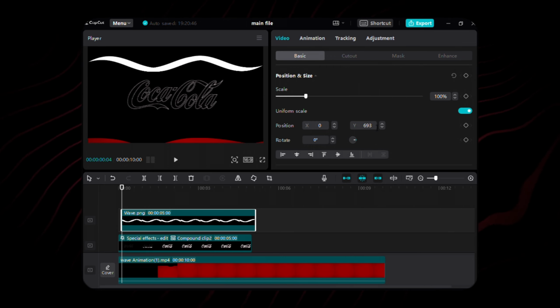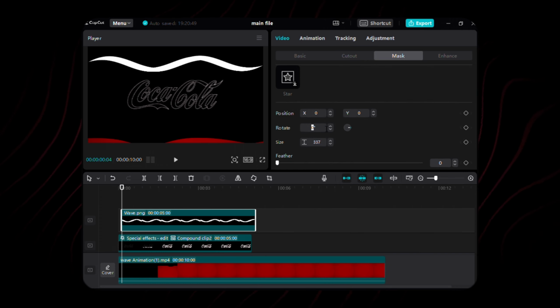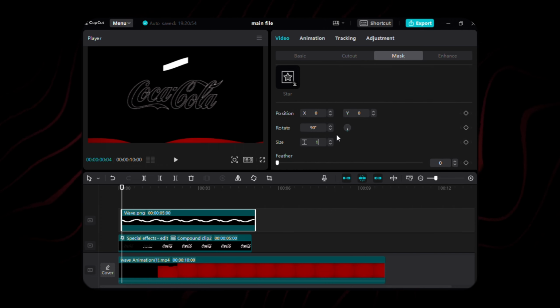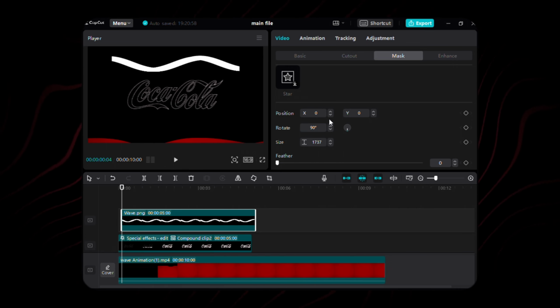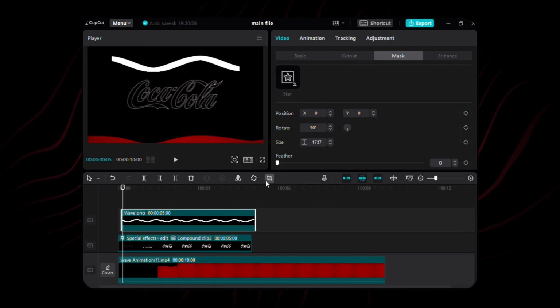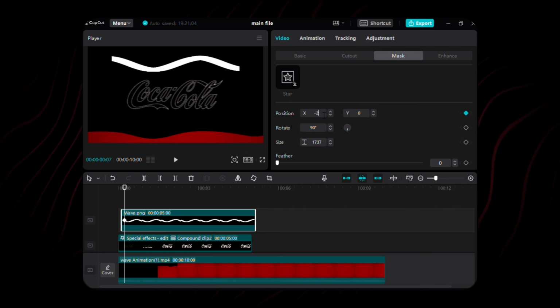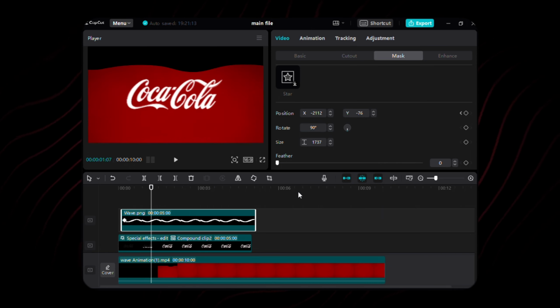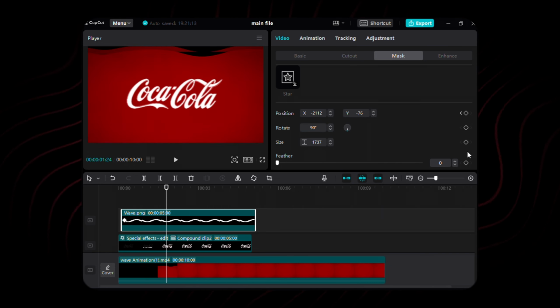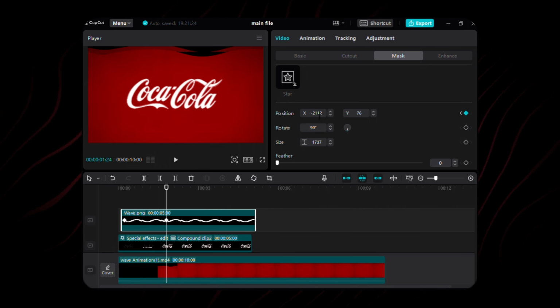After that, navigate to the Mask tab, select Mirror, rotate it by 90 degrees, change the size to 1737 and animate it using position keyframes under the Mask tab. Set the first keyframe at 3 frames forward from the start of the layer, make X -21 and Y -76. Move 47 frames forward, place another keyframe for position, change X to 21 and Y to 76, also setting the